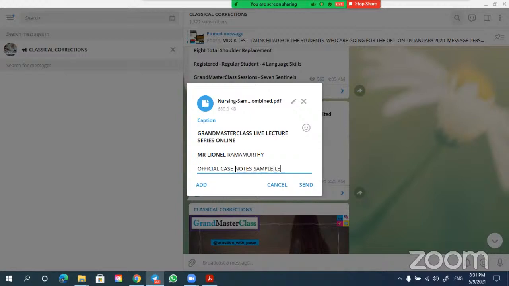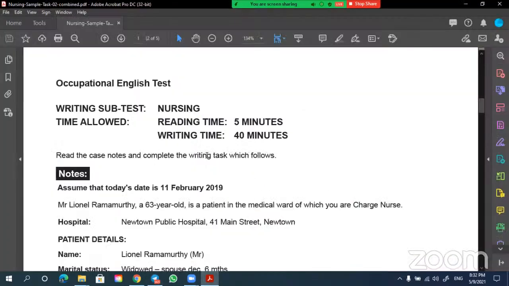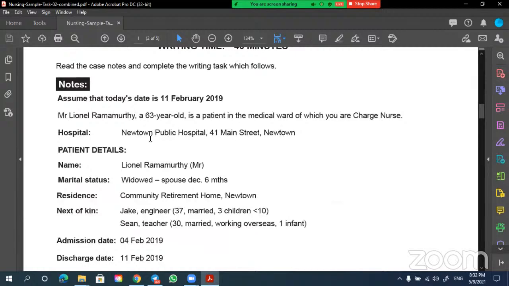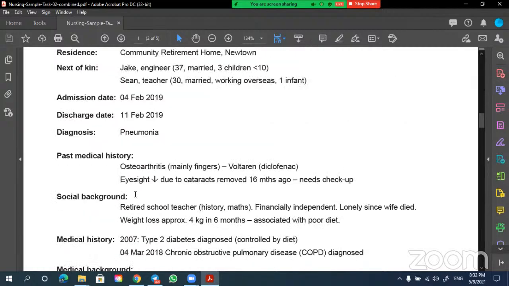Sample letter, 2002. Okay. This is a total